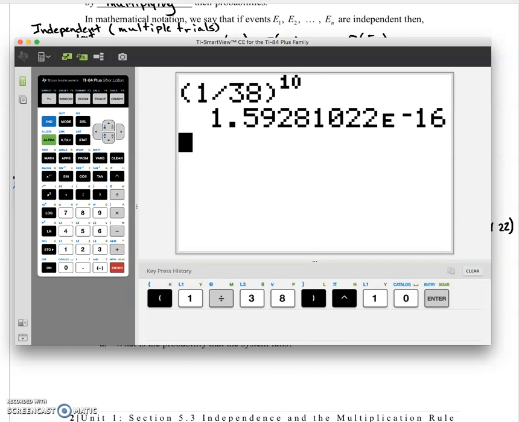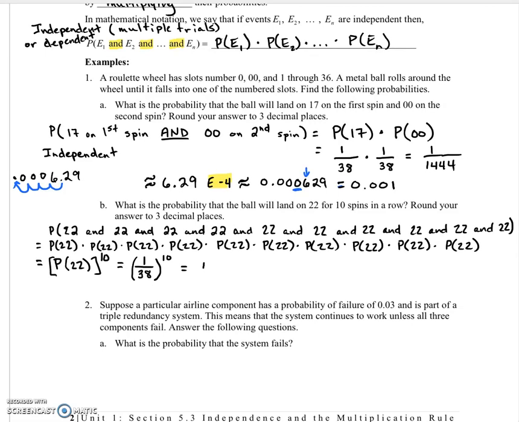Okay, so look at that. We have 1.5928 e to the negative 16. Well, good golly, e to the negative 16. What does that mean? 1.59 e to the minus 16, approximately. That means we have to move that decimal point 16 places to the left. So if we do that, we end up with